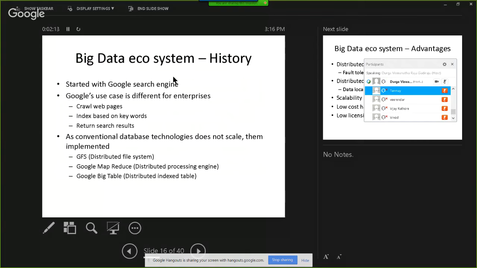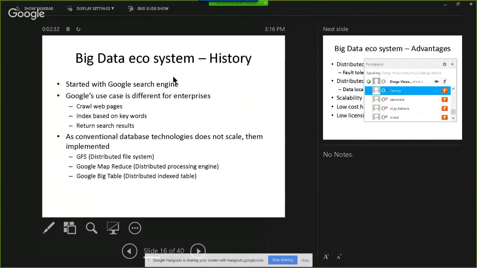Especially GFS and Google MapReduce are part of one project, at least from the Hadoop perspective. I'm not sure about Google, but from the Hadoop perspective, the distributed file system and distributed processing are one project, and the distributed indexed table is another project. So how does it work?